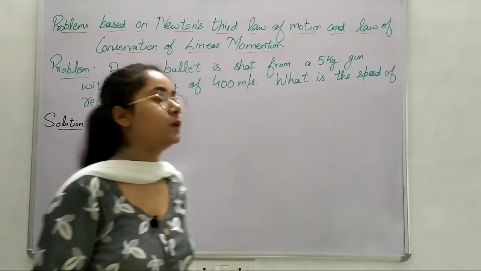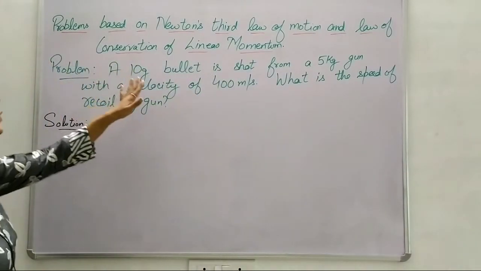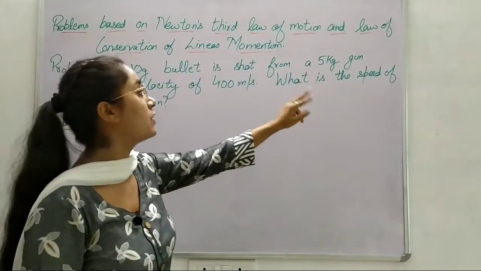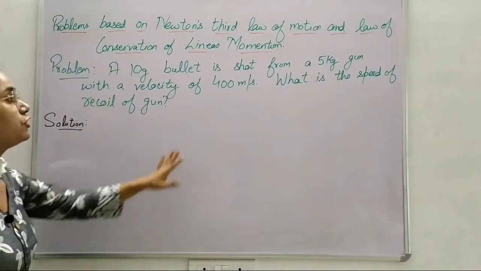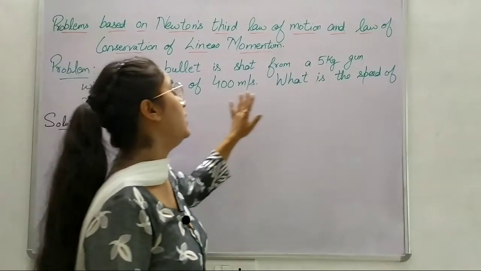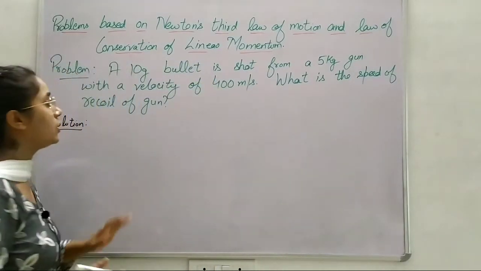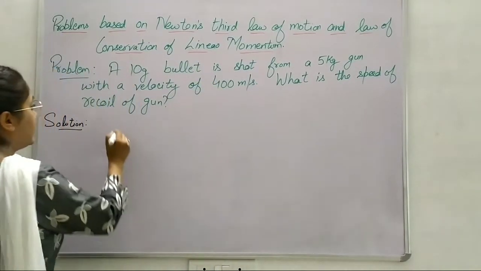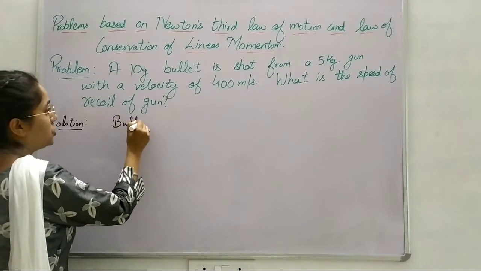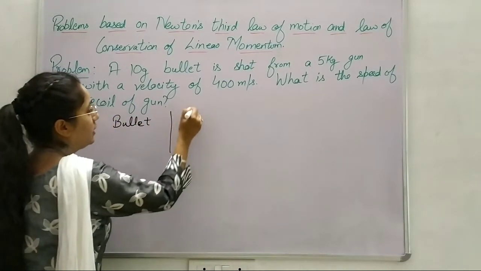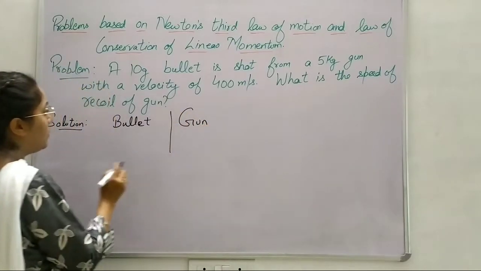Now in this problem we are asked: a 10-gram bullet is shot from a 5-kilogram gun with a velocity of 400 meters per second. You have to find the speed of recoil of the gun. Now let us take the bullet portion on one side and the gun portion on the other side. Now mass of bullet